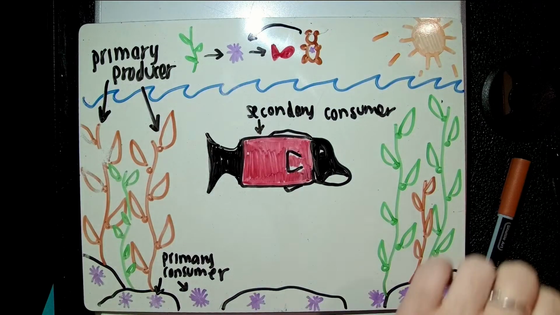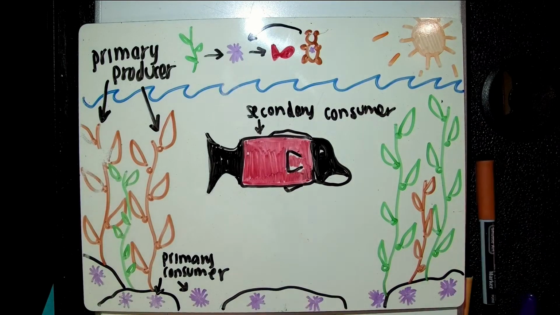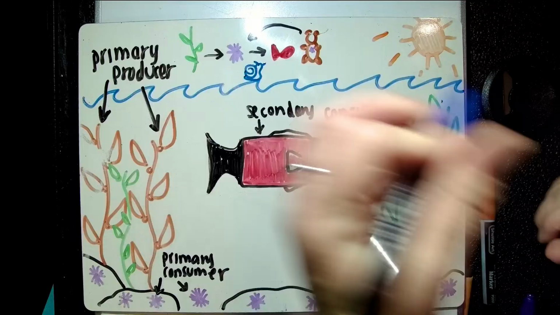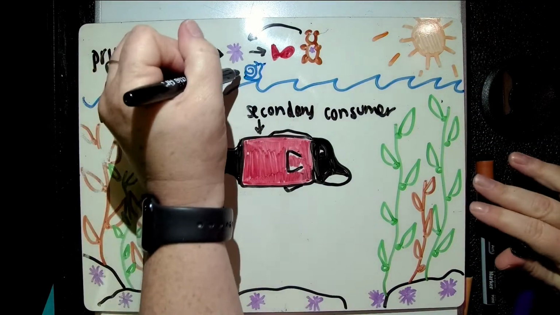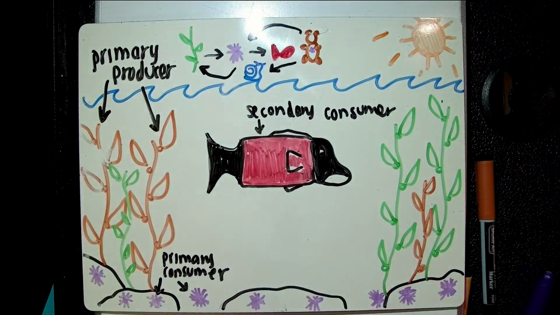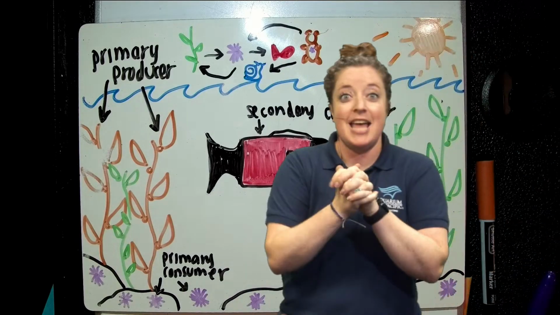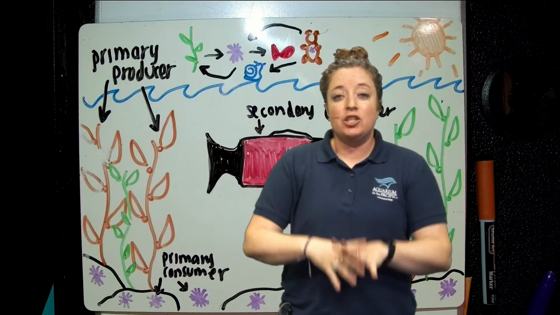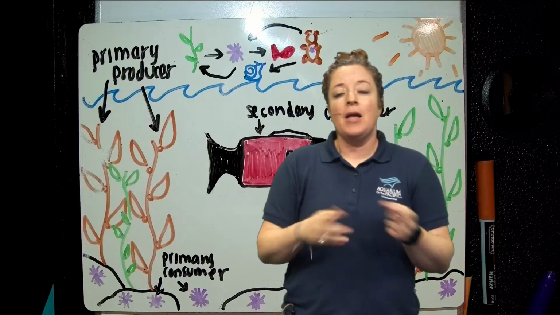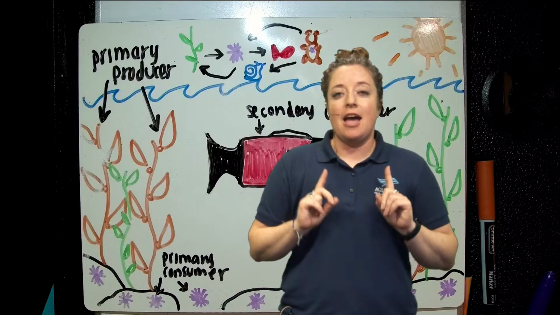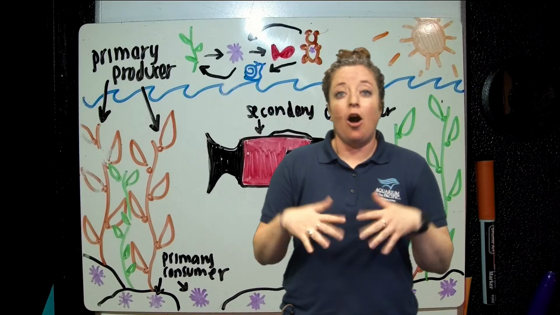Now otters will also eat other animals. They'll eat snails. If I draw a snail here, that snail might eat the kelp and it might get eaten by the sea otter. So that's where a food web comes into play because it's this tangled kind of net of all the animals in one habitat, who they're eating and who's eating them. And so it becomes a more complex system than just a food chain. But what's important to note is that every animal in that food web or food chain is important. They all play a role.